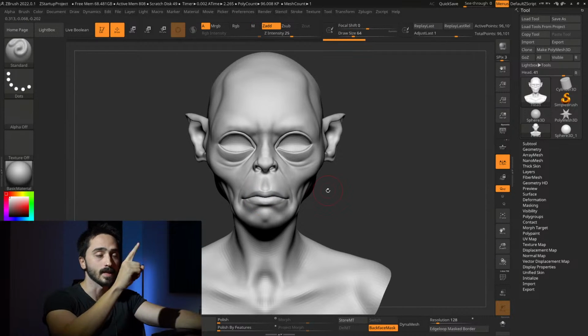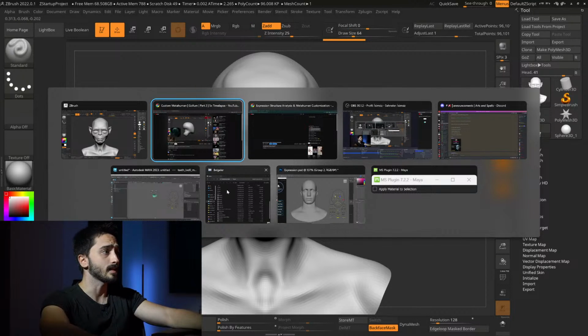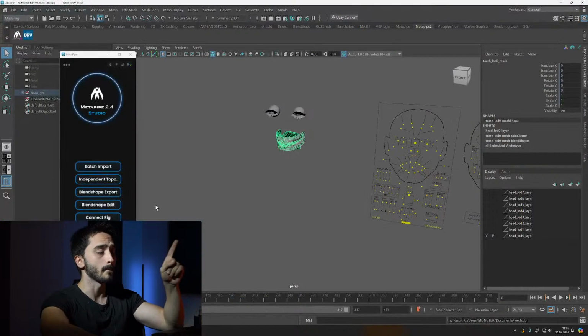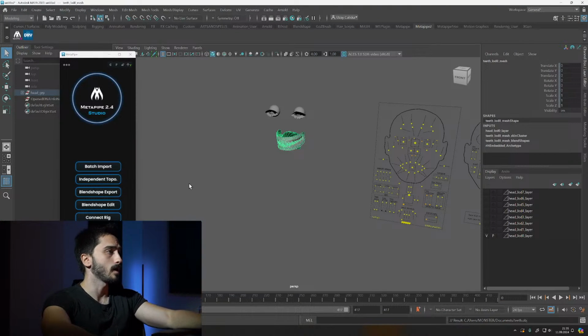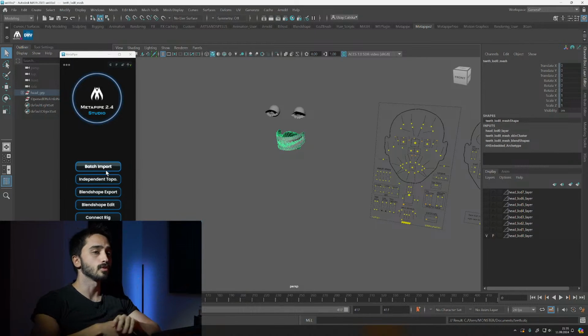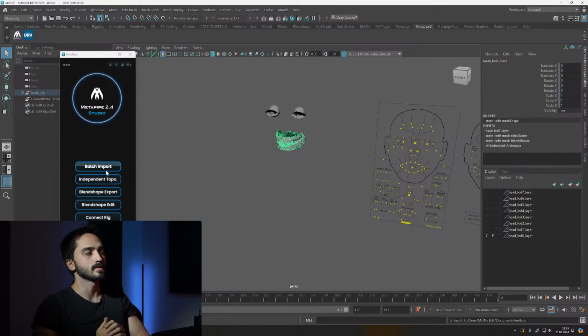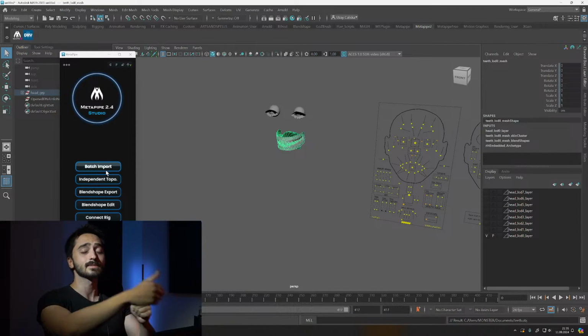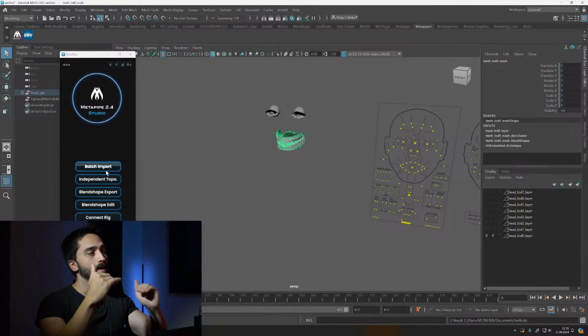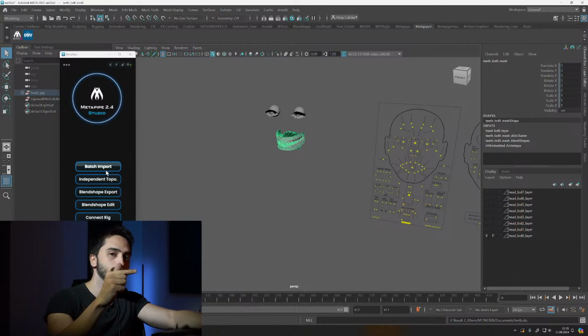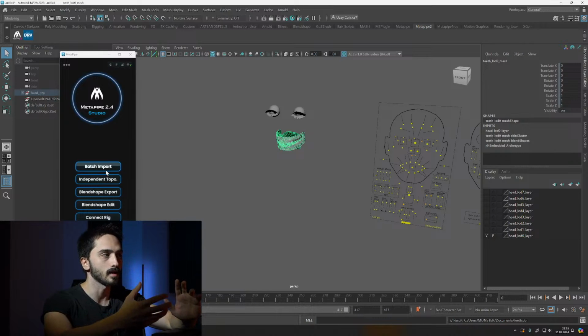I will cover that one, and then I will go back to Maya. Inside Maya, I will open Metapipe. I will try to show you maybe how you can install it as well, and then we can create a custom Metahuman with Metapipe, and then we will export the blend shapes, and then we will sculpt on the blend shapes, and I will try to analyze each shape